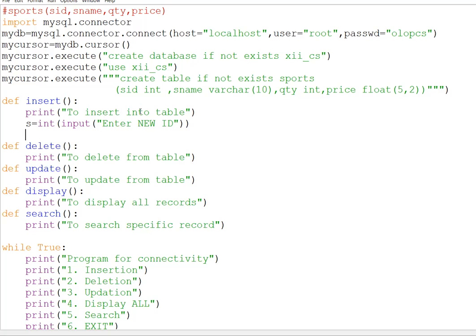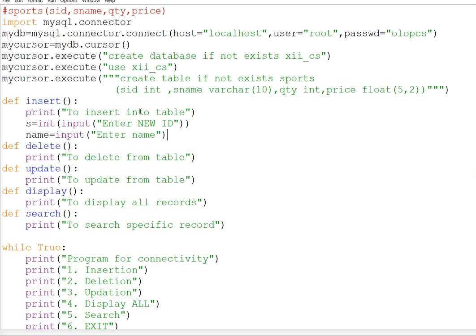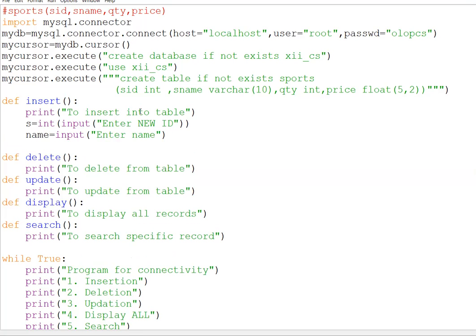Then the name we are asking. So name is equal to, it is your choice. You can take the same variable name or a different variable name from Python, from MySQL. Enter name. This will be the name of the equipment. Quantity. Now the last two I am taking the same, meaning whatever we have in MySQL, the same I am taking.